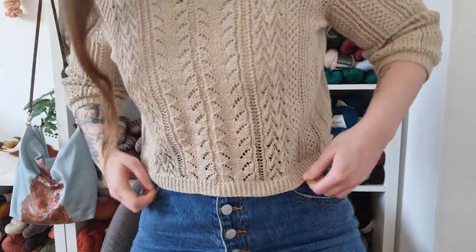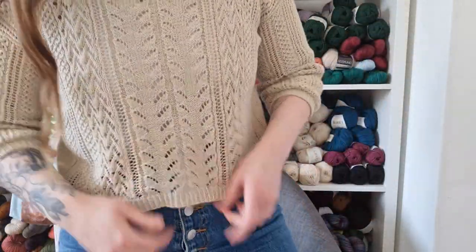And for starters, I am wearing one of my designs, which is the Pallene sweater, tucked into my standing jeans, so it's a pretty bad idea to be wearing them as I record sitting down. But this is the Pallene sweater. You can see why I say these are standing jeans,